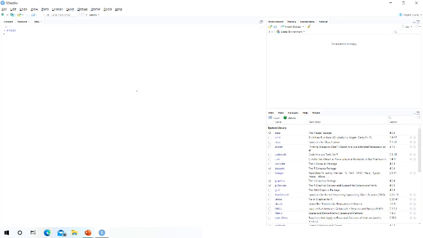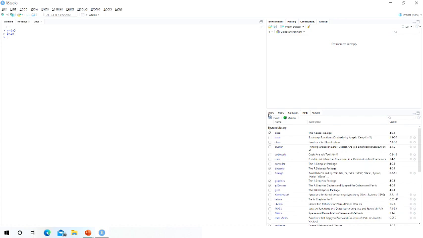Now I will give b equal to 10, so we are not confused. Here we have b equal 10. Now I will press this broom icon, so here I am using the GUI. It's removing everything. So you can use the rm command or you can use this GUI. Here we have two ways to clear the environment.